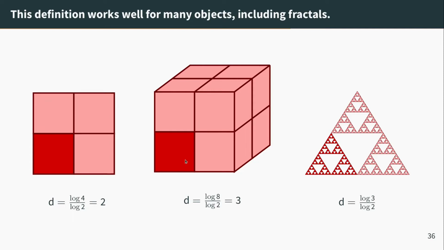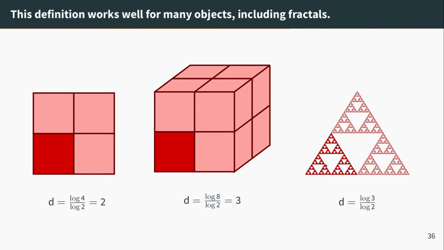On a 3D object, you have 3 degrees of freedom. Now, when you take a small cube and you multiply its length by 2, you multiply the volume by 8. And so in those formulas, you find 8 copies of the same subgraph. So you have logarithm of 8 divided by logarithm of 2, so it's 3.